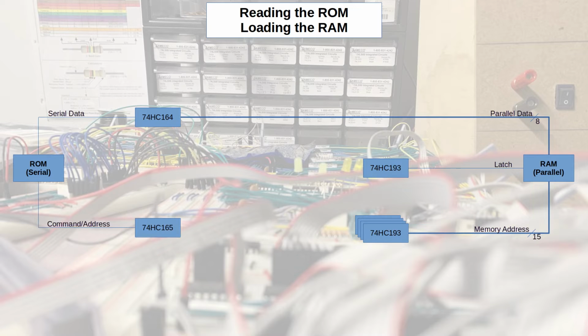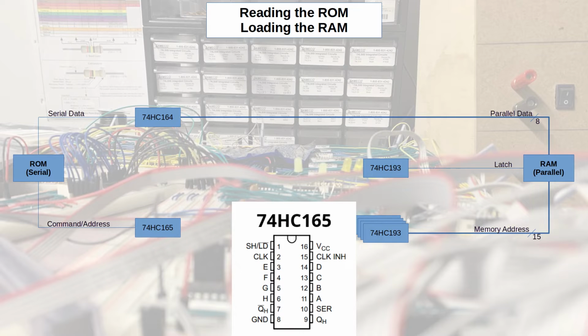The last thing I know I need to do that I actually have a plan for is the serial ROM needs 3 bytes worth of data in order to start sending its contents out. It needs a read command shifted in. It needs 16 bits worth of address shifted in. Now only 15 are used, but it requires that 16th bit. And for that, I'm going to use a